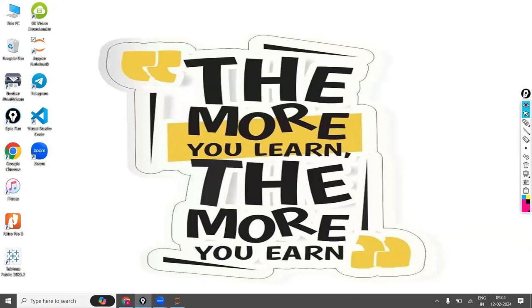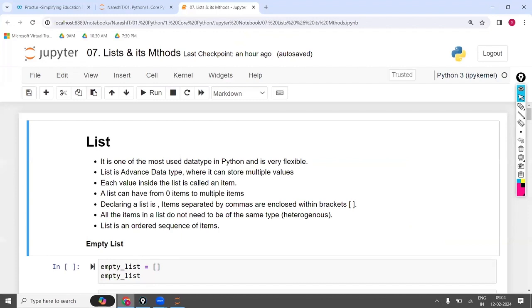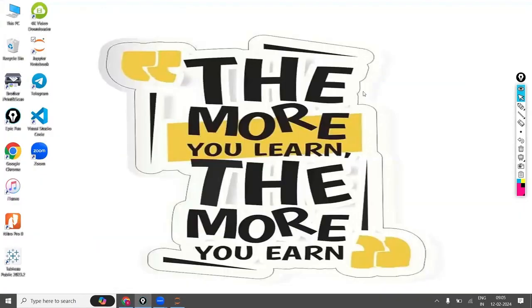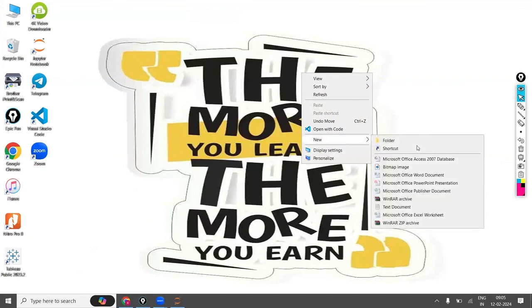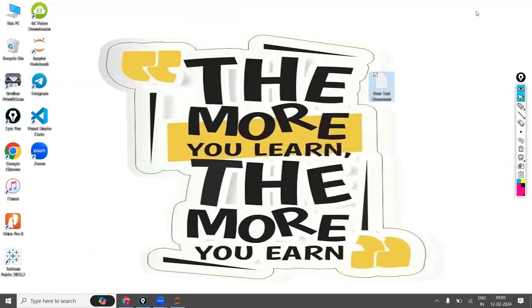In today's class, we are going to discuss the next topic in terms of list, the advanced data types. Let's move on to the advanced data types. In the advanced data types, we are going to discuss list, tuples, sets, and dictionary. Before moving to advanced data types, in the last class we covered strings, and within the strings we have seen the indexing and slicing operations, all these concepts.